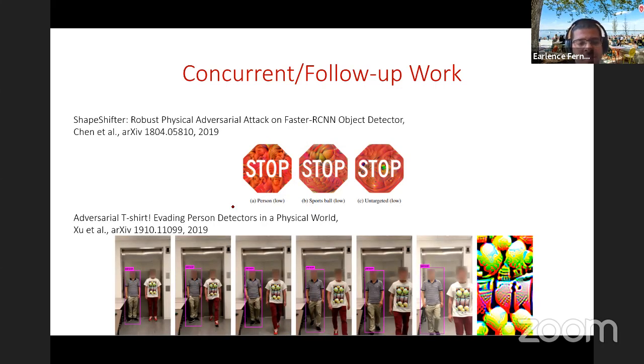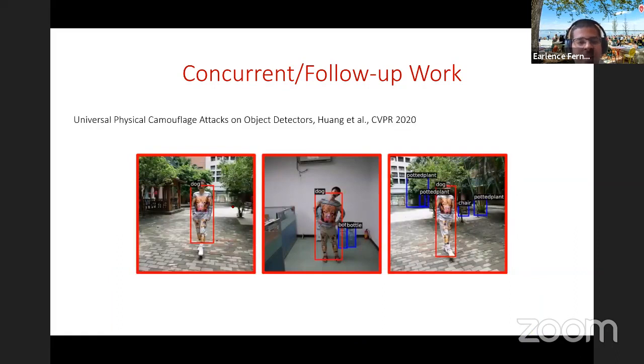For example, there's an interesting paper where you can print a t-shirt with some weird patterns that somehow makes you invisible to face recognition systems. There are also, I believe at this CVPR, universal physical camo attacks that will make you look like some other class. So there's a lot of interest in this area.